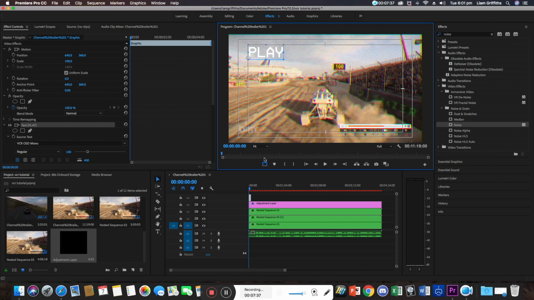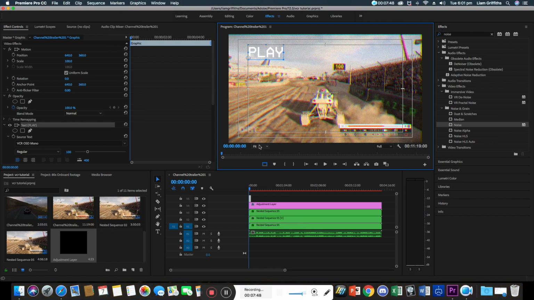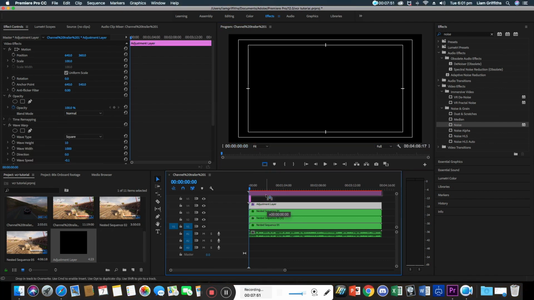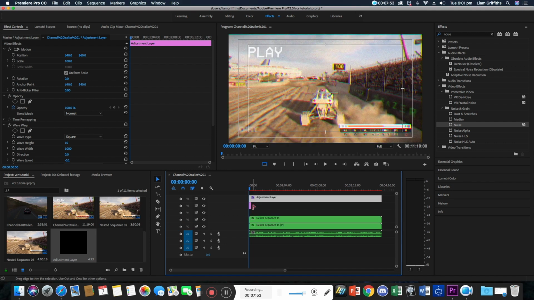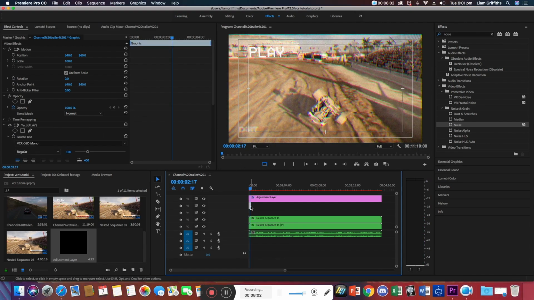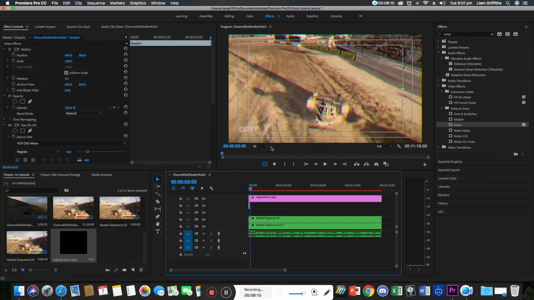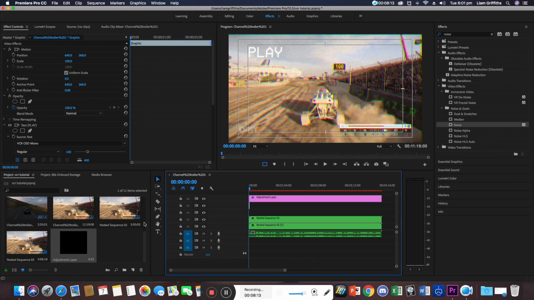And what you want to do then is you want to have your safe margins turned on for this, so you can put this right in the corner by there. You can have one text just say play, but what you want is your adjustment layer over the top of these texts. So you could have your play just there for it should just go then. There you go. And then what you want then is another text